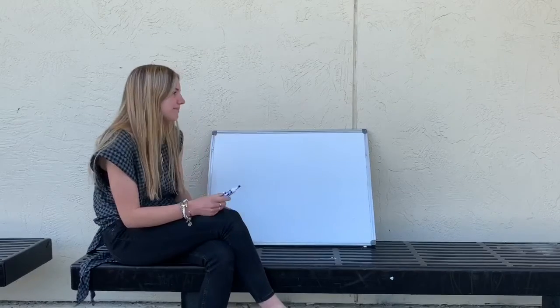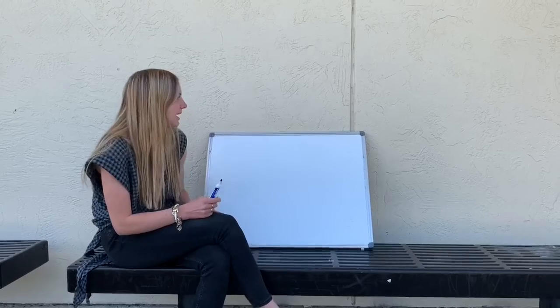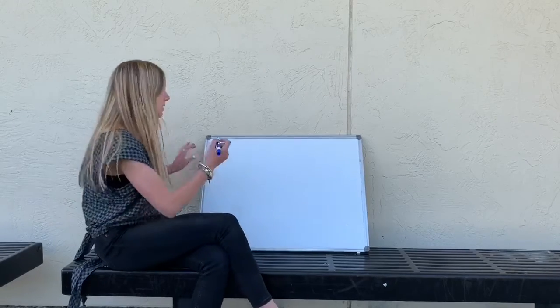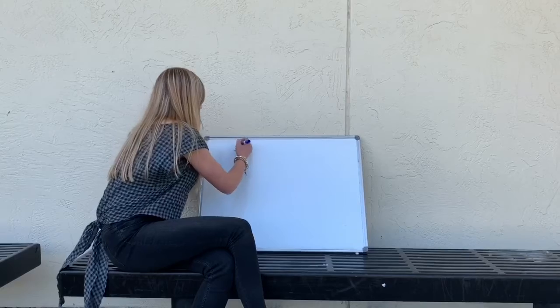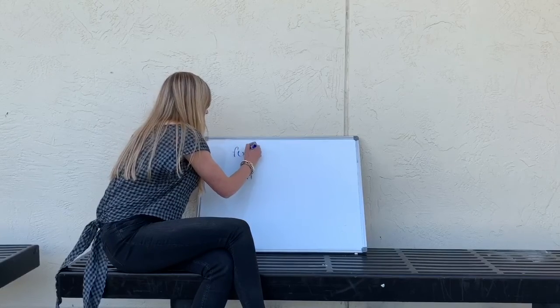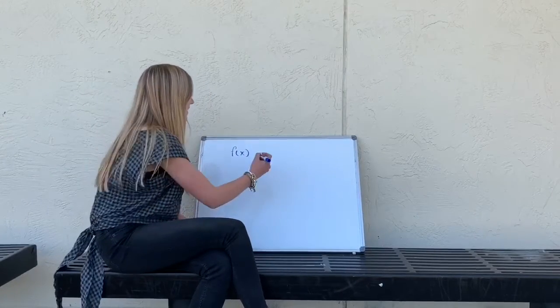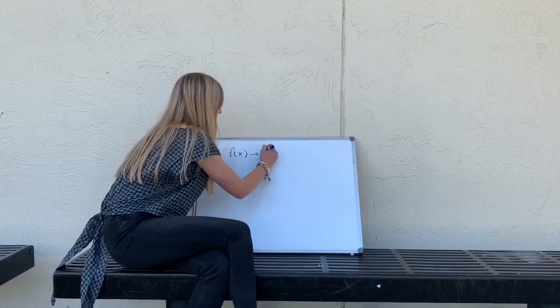Okay, so the next topic we're going to talk about is average value, which is also an important topic and often comes up on the AP test. What the average value states is that you want to add up all the area under the curve and divide it by the interval to find the average value over that interval. So you're given a function f of x,